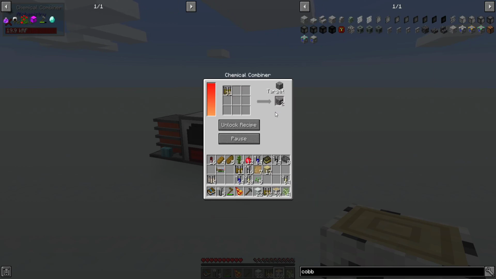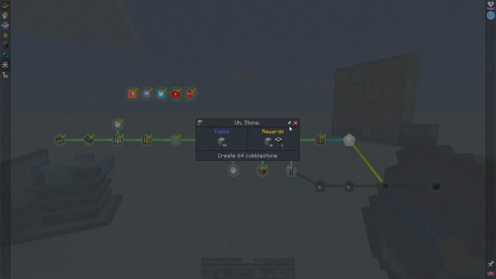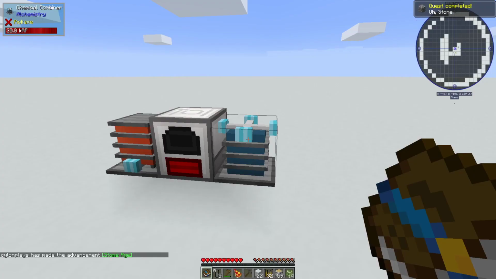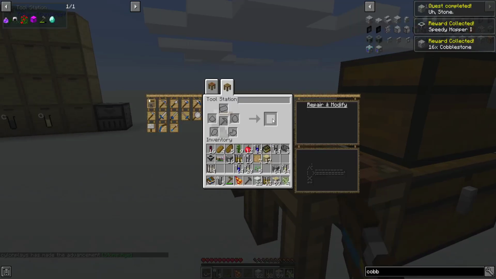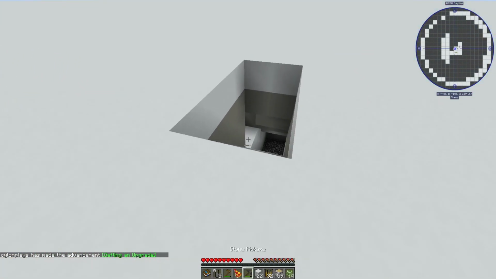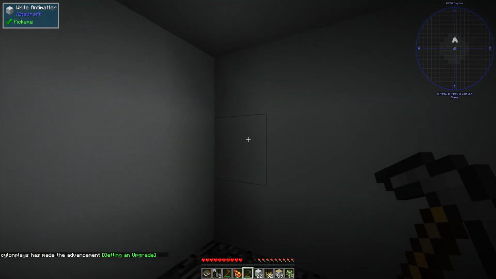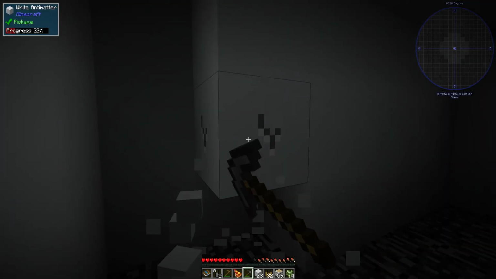Let's do half for right now. I think, is that what it wants us to do? Yeah, it wanted us to craft 64 cobblestone. It's going to give us more cobblestone and a hopper. How about that? That is good stuff. So we just want 1 of those. Thank you. Awesome. I don't know why it considered that getting an upgrade. Well, I guess it is a stone pickaxe, isn't it? Alright, so we want to get 40 total white